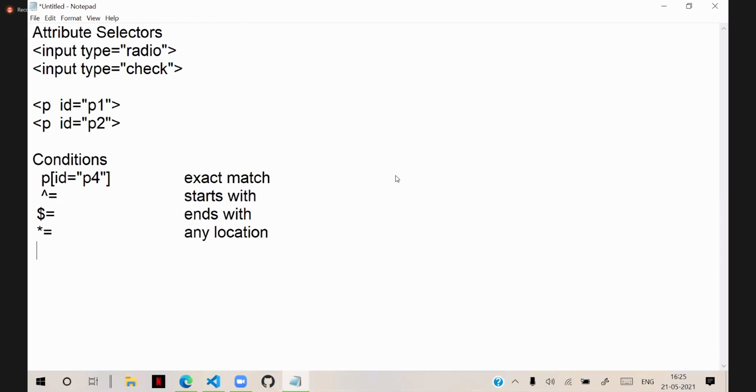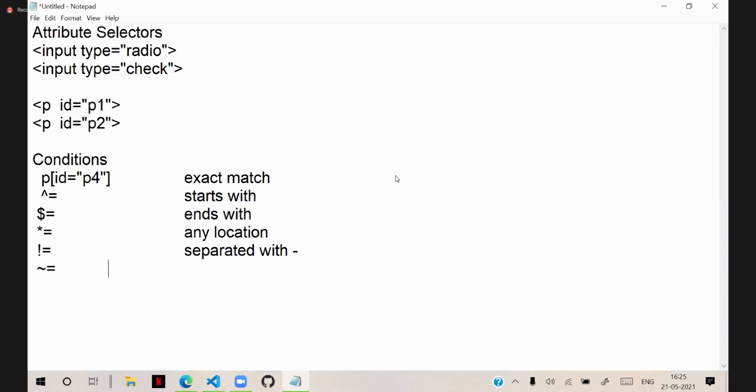And we also have pipe equal. That means pipe symbol actually. So generally it is used for separated with hyphens. And we have tilde equal.